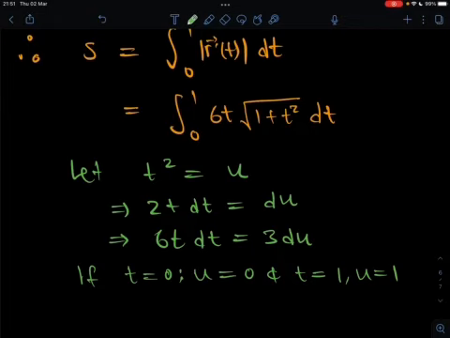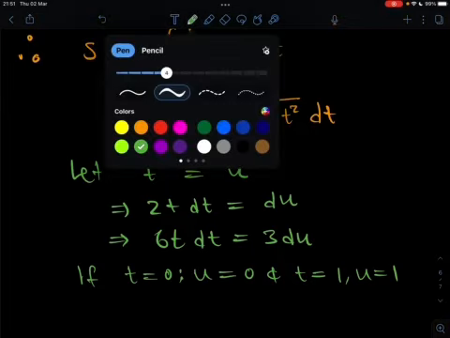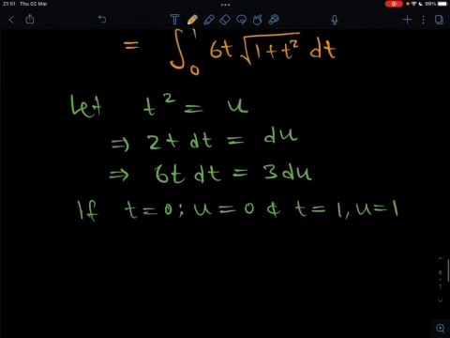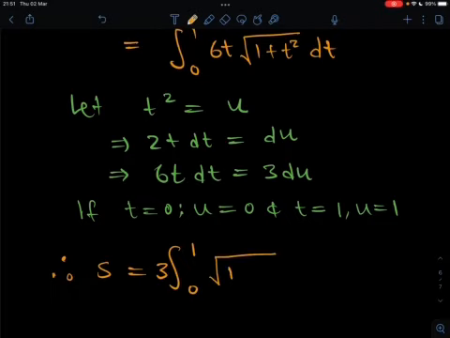So our limits, they don't change. So therefore now what is the length that we're looking for? So therefore it follows now that the length of the arc is just the integral from 0 to 1 of 6t dt, which is 3 du, then root of 1 plus u